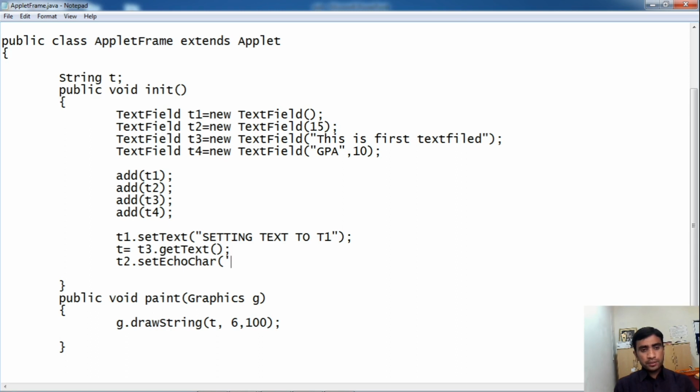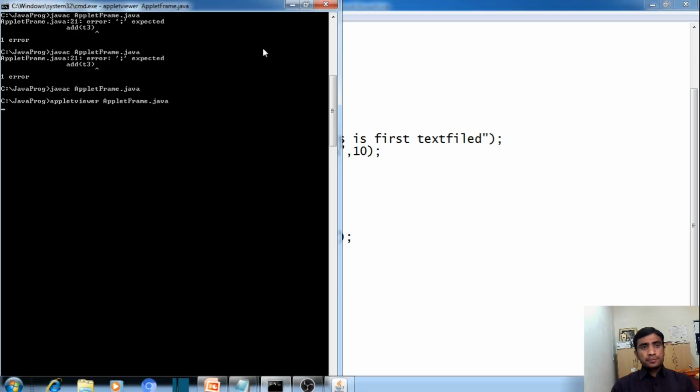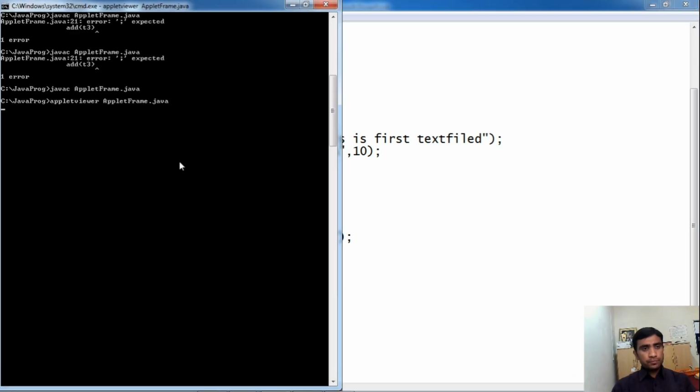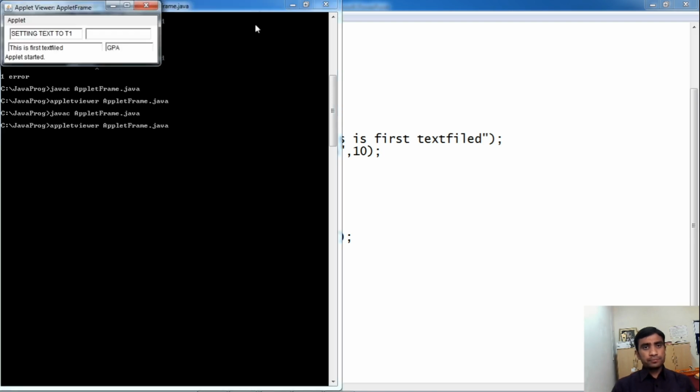So I will specify here single quote, star, single quote close, semicolon, Ctrl+S. Now let us compile the program by using javac and then appletviewer.